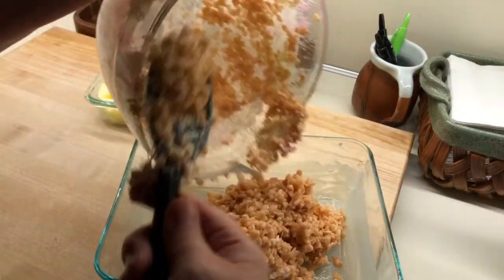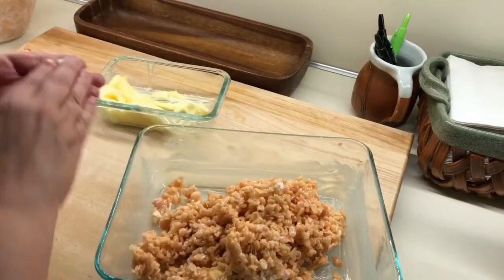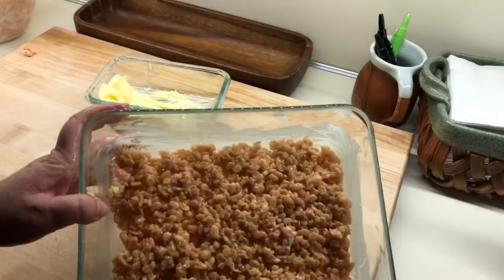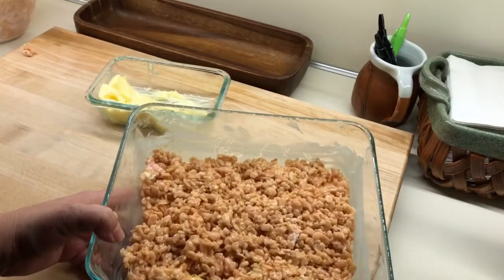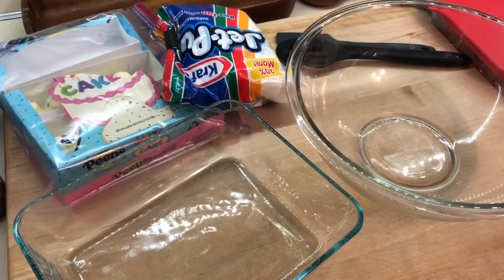Okay, it's really sticking, but I don't want you to have to watch me scrape this guy too. Okay, I'm gonna put a little butter on my hands to help me push it down into place. Okay, and so that's what it looks like. And they taste so good. I mean, I love them. Like, this is how I would actually make the Rice Krispies. It's gonna be sped up though, and